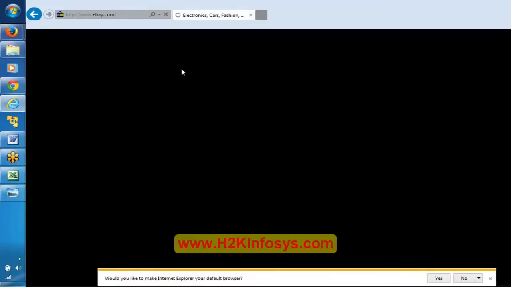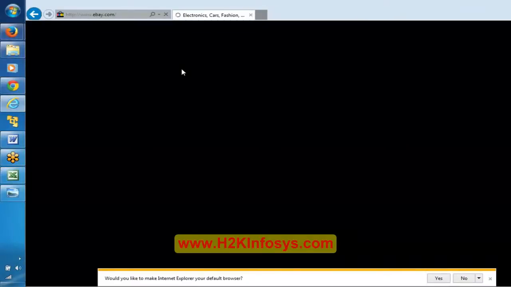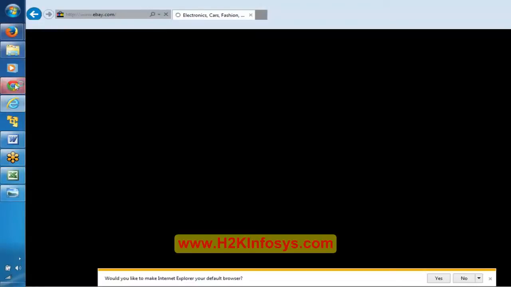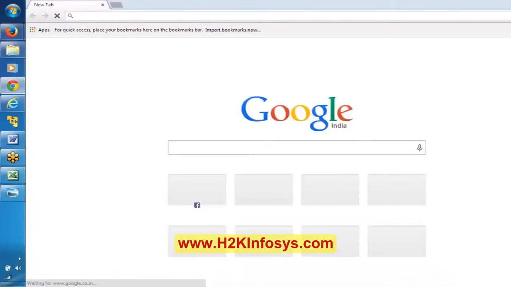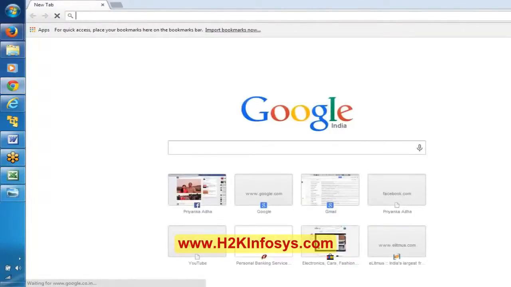And there is something called F12. Just in your Internet Explorer, just use F12. It is going to open a tool called IE Developer Tool. Now here in Google Chrome, let me use ebay.com.